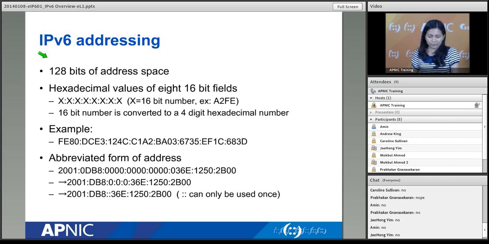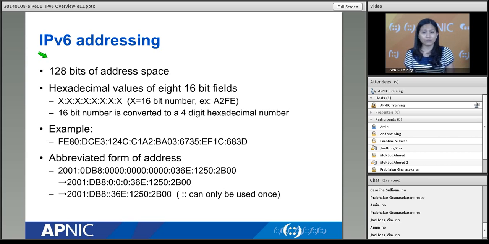Okay, now as I've said, we'll just look at IPv6 addresses, not in very much detail, just the basic ones, because we have another module, the next one, that discusses the IPv6 addresses. But I think it's essential if you're just attending this class. Now, IPv6 addresses, we've said that we're using 128 bits. Okay, but how do we actually write them down?